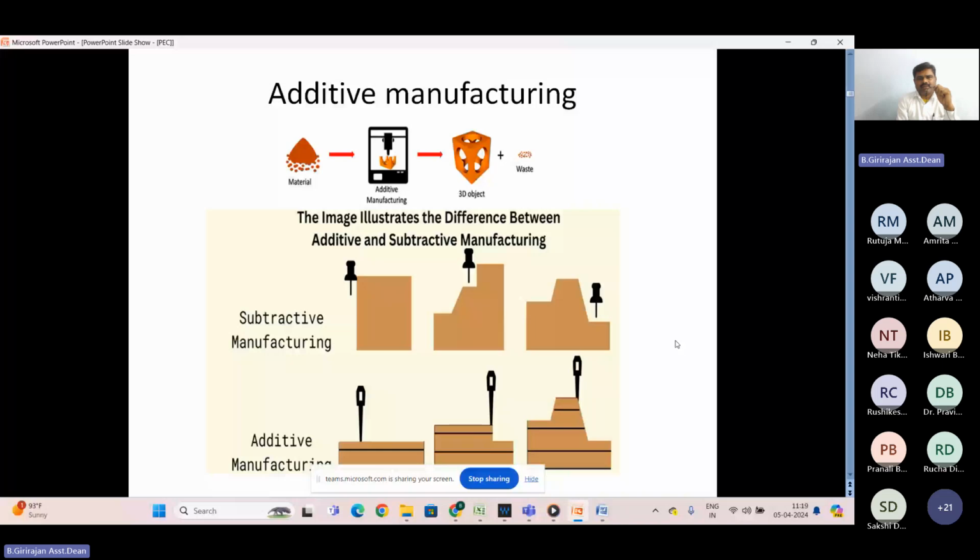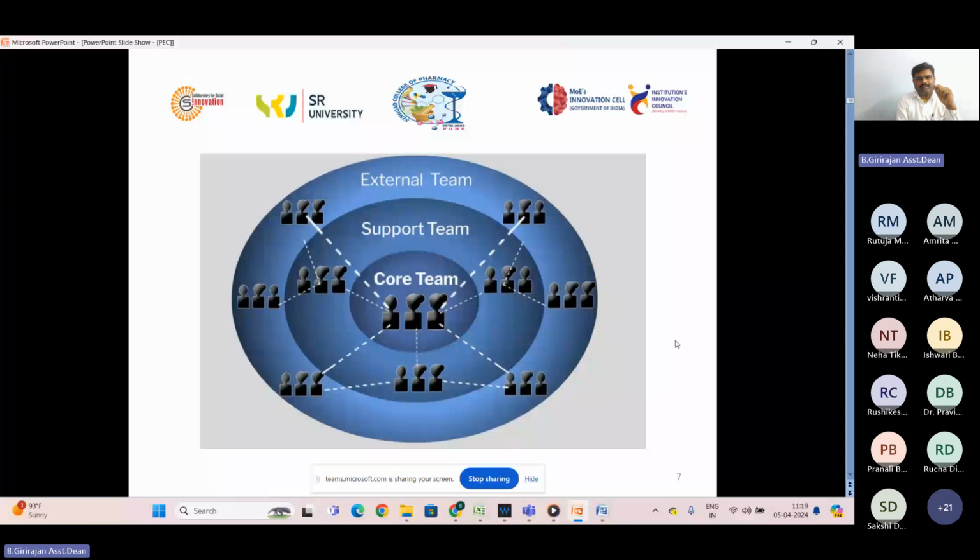So when you are getting into the product design, the slide shows that you are in a core team. You are in this middle point or the center of the circle, the core team. To get your product design, what are the points you have to consider, you have to mind map when you are getting into the product design. So you are a core team and you need a support. Without the support of others, the product design is very tough for you. So or else you have to be dedicated core team members who have all the skills to complete the product design. Else we need to go for a support.